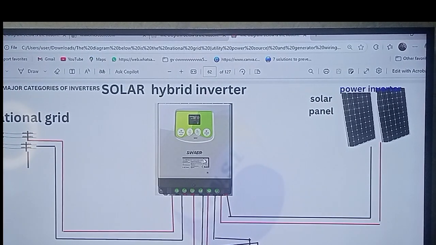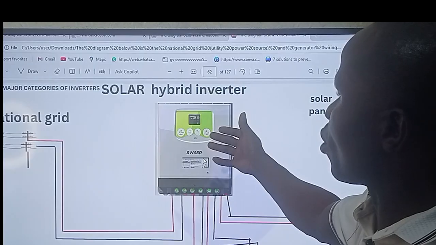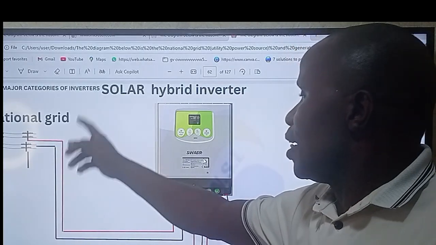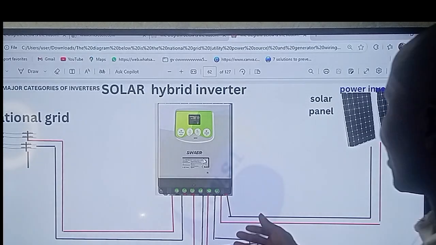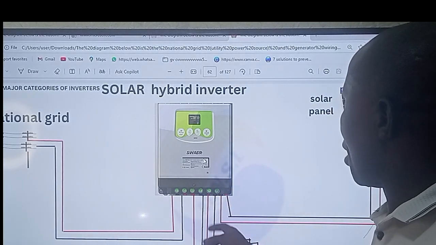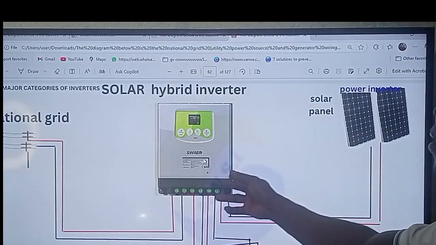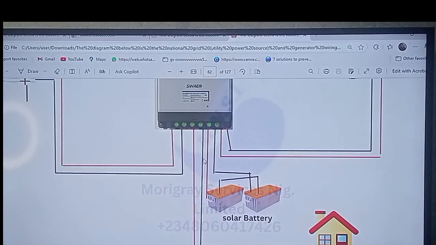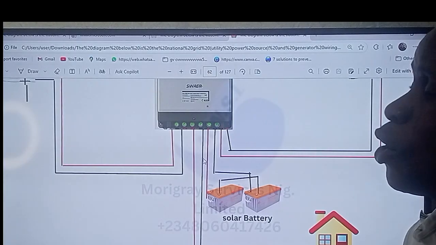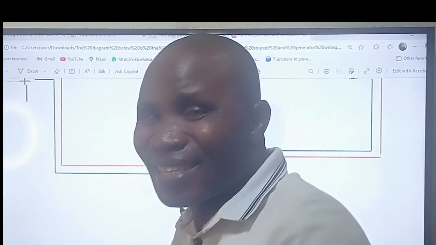This is the hybrid inverter. As you look at it, this is a hybrid. It has a charge controller inside. This is the national grid. The national grid powers the inverter itself, and this is the battery cable that goes to the battery, and the solar panel, as shown on the board. So you see how the connection ought to be. It shows exactly what you need in your house. This is the output. It goes to the DB of the house to supply the house and give excellent service,